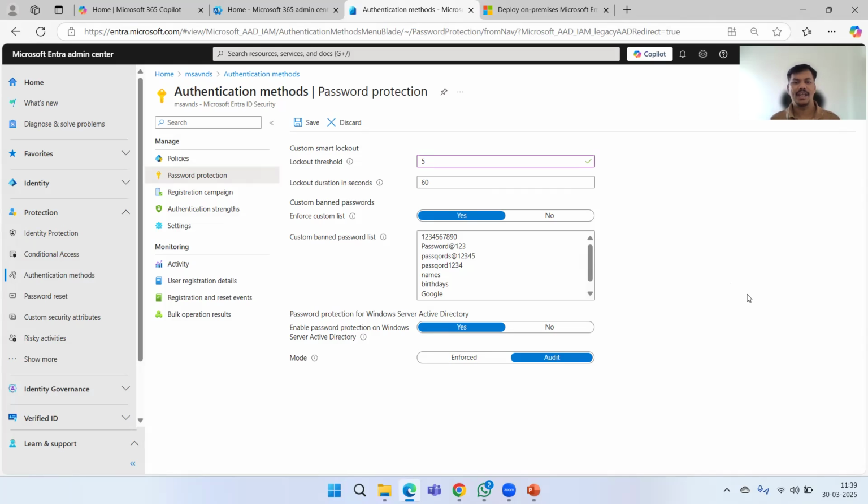So if the user fails those 5 attempts, then the user account gets locked, right? So this is a smart lockout feature which is going to identify and detect each user's action, and it is going to lock that account after these many attempts, whatever we set up here, right? So let's say we set it to 5 and the user enters the wrong passwords or tries guessing the passwords and enters again, and then it is going to simply lock out. Once it is locked out, then